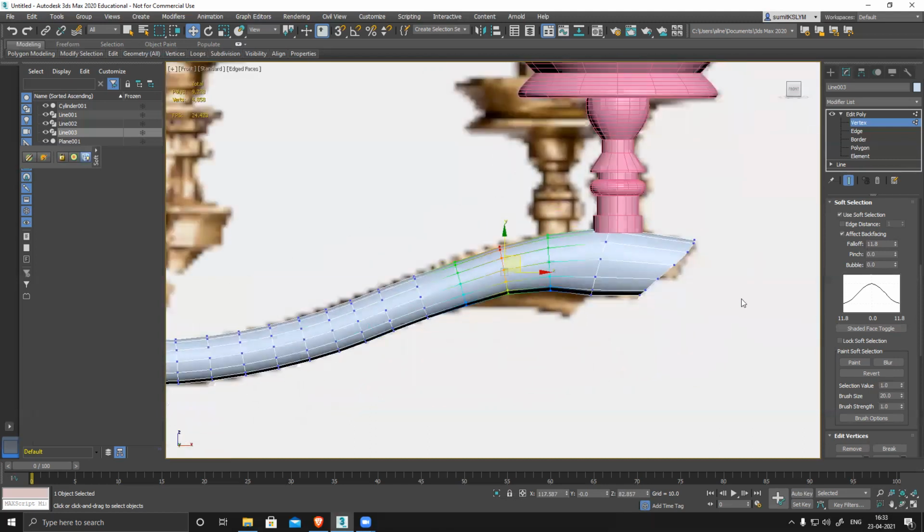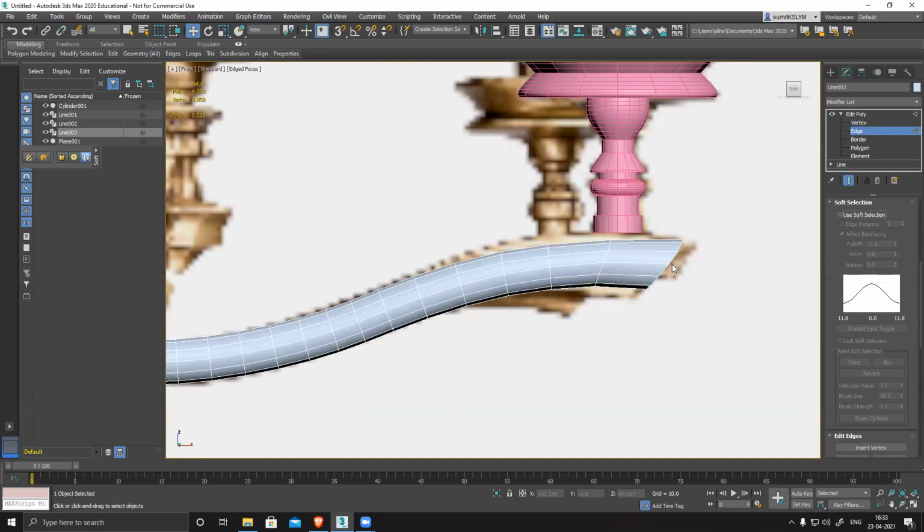You can do it like this, or one more technique I can follow is edge. Switch off your soft selection, double click, scale, double click, scale. So I'm matched with the maximum width.